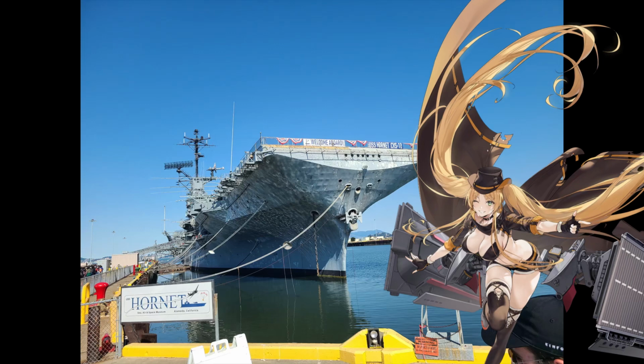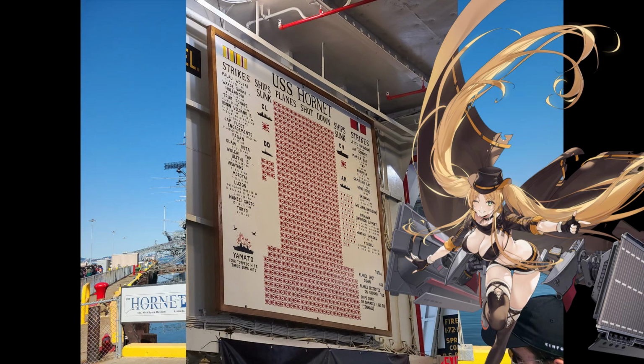Hornets have stingers and they'll sting you if you step on their nest or get too close. And then Flying Ace is her second skill. This is because she participated in the Great Marianas Turkey Shoot. She shot down a godly amount of planes. She ended up being second only to Essex, with Hornet shooting down